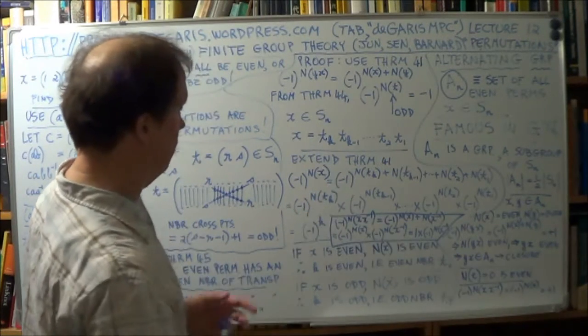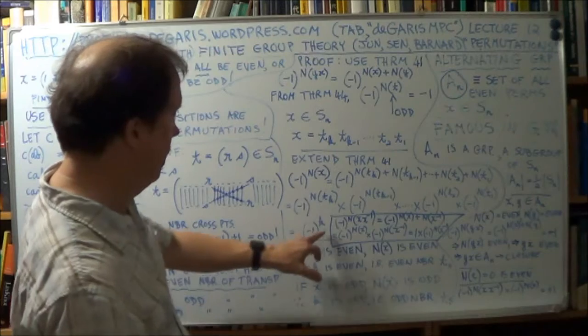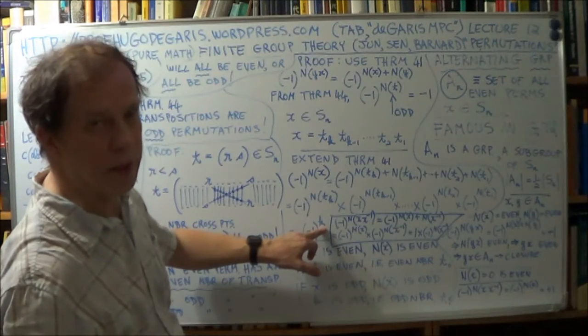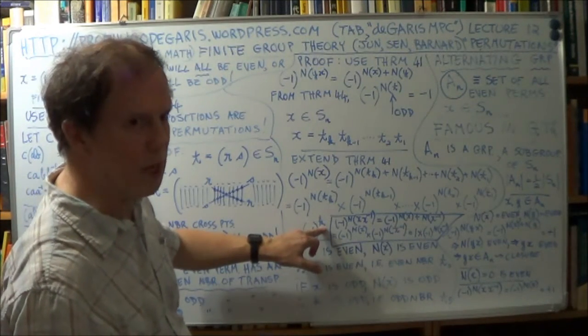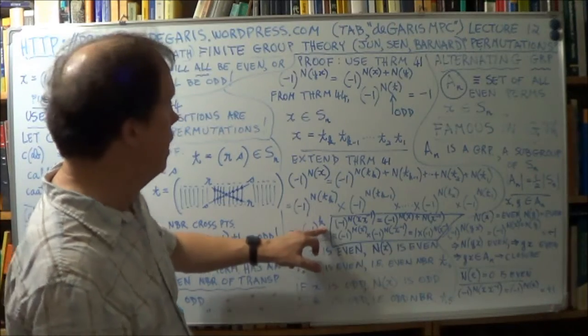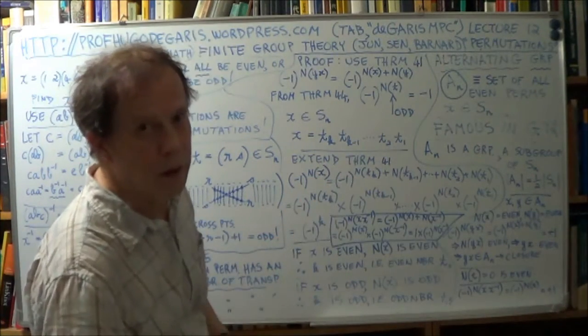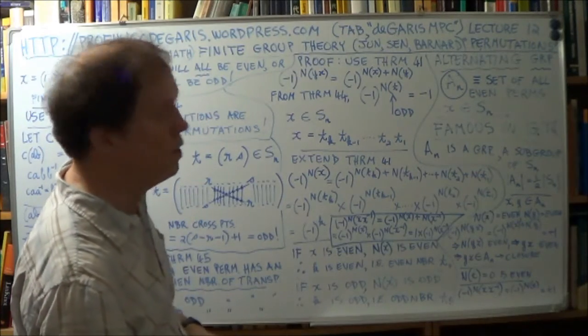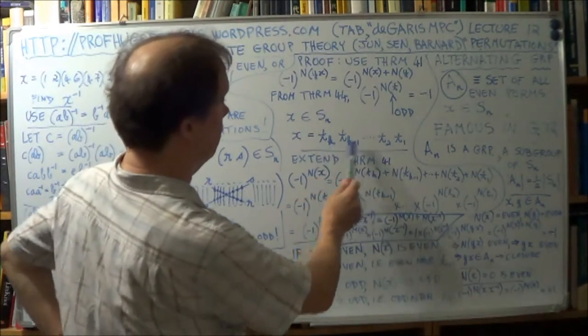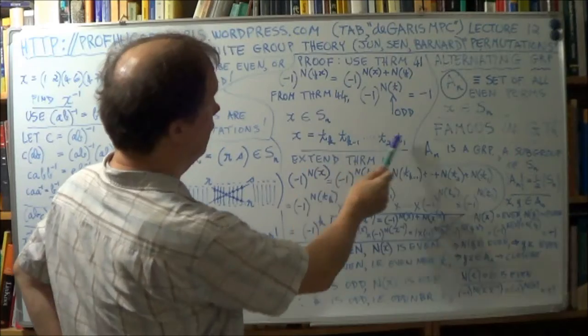And what does that imply? Now, what is k? This little k. I mean, think about it. What is its meaning? What is k? It's here. K is the number of transpositions, right? You form this product of